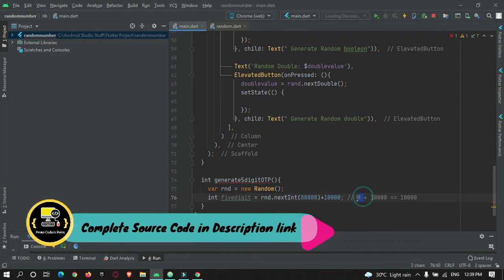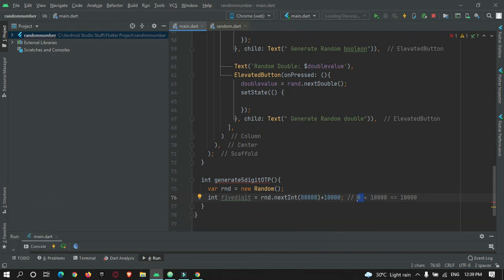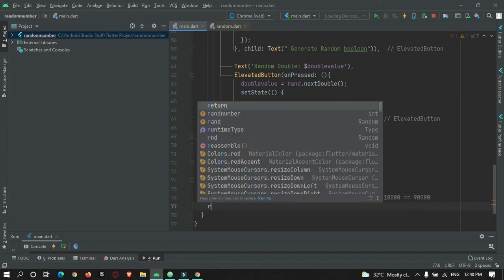Suppose the number is something like 80,000, we add 10,000 to it, so now the random number generated is 90,000. You can see this is a 5-digit number, and if you want to generate a 6-digit number, just add another zero over here like this. And now just return it.